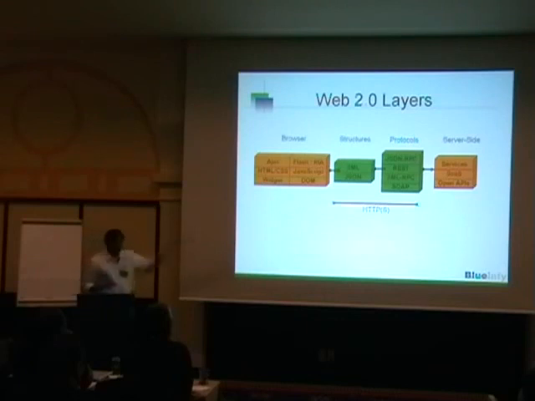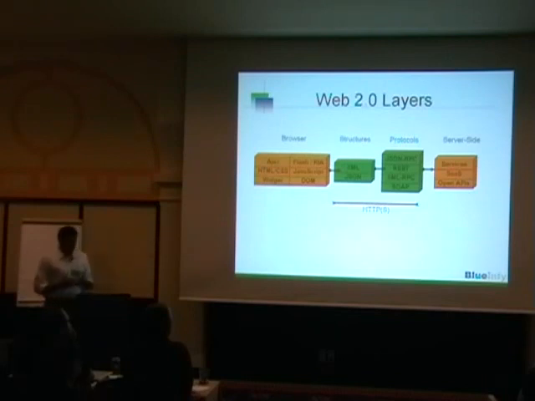Then we have structure. Usually in a Web 1.0 application, there is just one structure which is passed back and forth. You send a GET or POST request with name and value pairs, which hits your web server, and the web server will send you an HTML response back. But if you look at Web 2.0, there is a whole new set of methods which have come into the picture after the introduction of XHR. So we are seeing XML, JSON, JS objects, arrays, and many different structures which we are going to see in detail. If you look at the protocols, we have JSON-RPC, REST, XML-RPC, SOAP. So there are various different protocols coming into the picture as well.